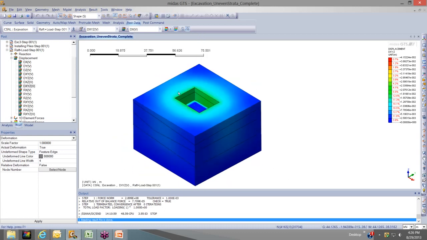Okay. So another thing that I want to show you that's very useful is the clipping plane option. Say, for example, I want to take a cross-section view of this soil block. Say I want to see what all the values are if I cut this soil down the middle. So in order to do that, go to Result,